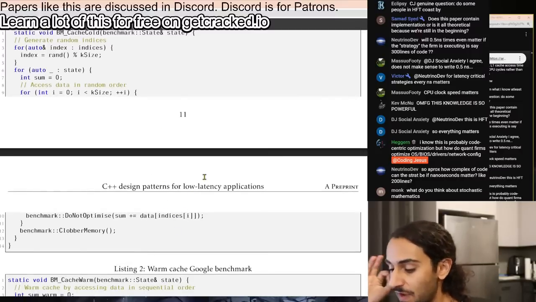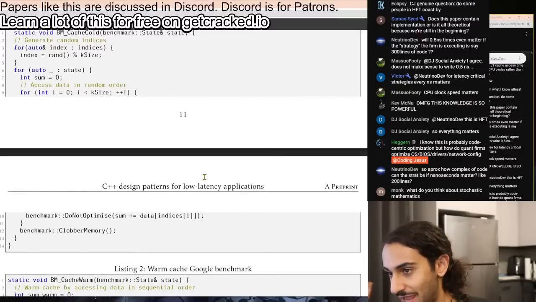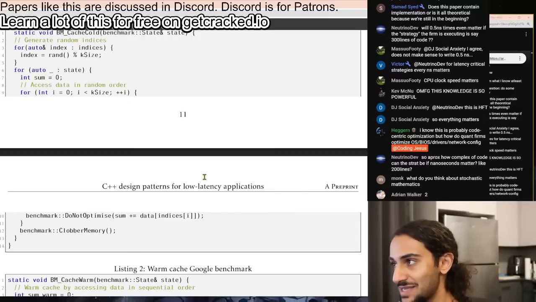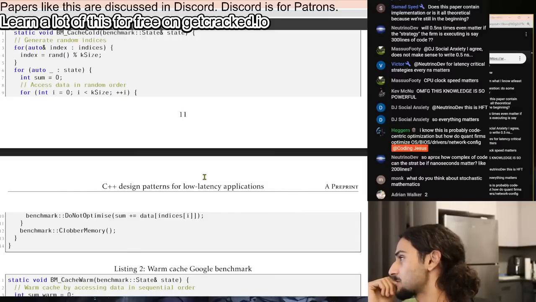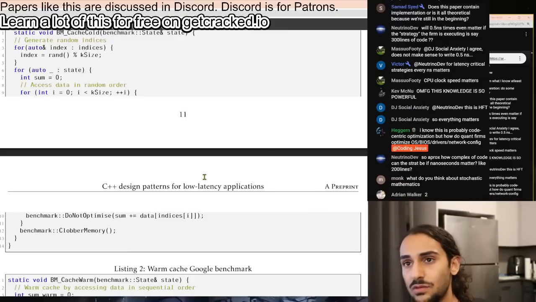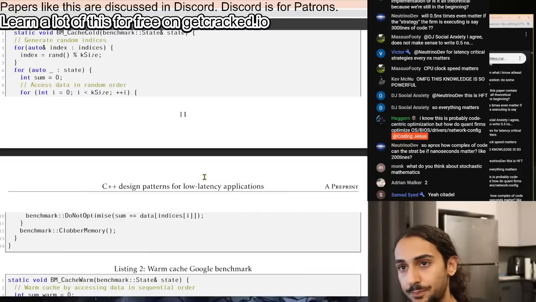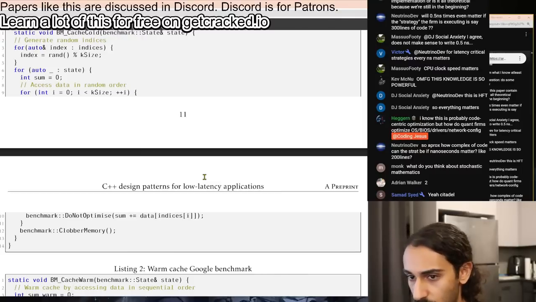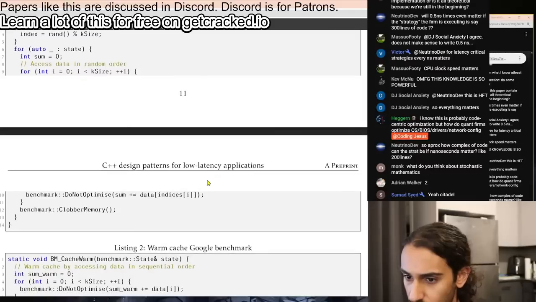This is a very good question that you might be asked by a hedge fund. Hint, hint. How do I measure cache or RAM access latency? How do I do that? Well, you need to run a benchmark and a test. You write a program that retrieves data in a random order from RAM, and you measure how long it takes.